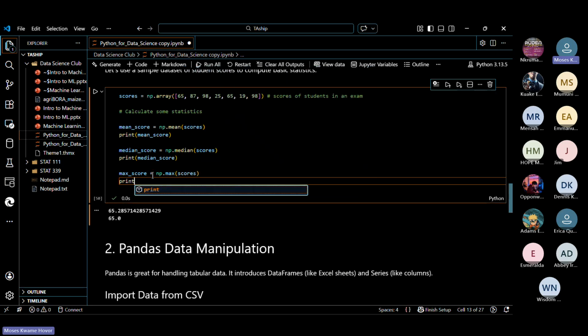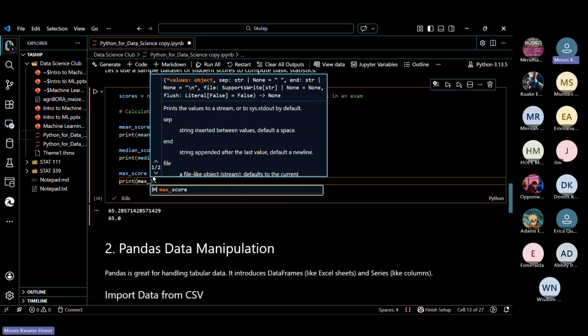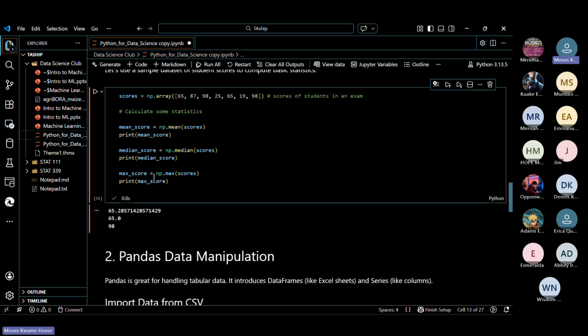Let's print that as well. All right, so the maximum score is 98. If you check, you can see that 98 is the highest score in the array.